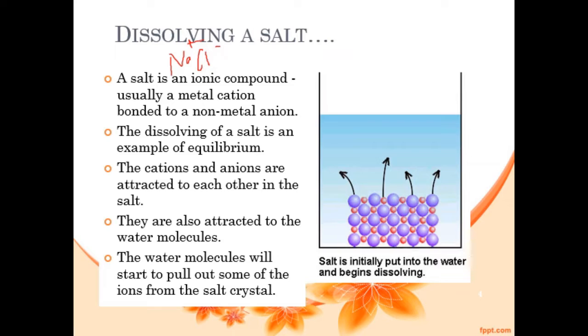So dissolving of a salt is an example of equilibrium. So what does this mean? Okay, so in this salt, sodium and chloride are initially attracted to each other, in the form of salt, meaning solid. Okay, and also they are attracted to water molecules, which act as the solvent, for example. So therefore, when you place this salt inside water,